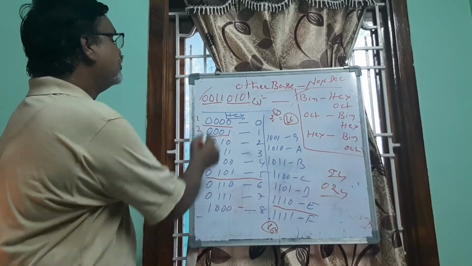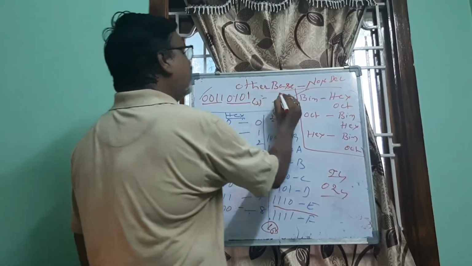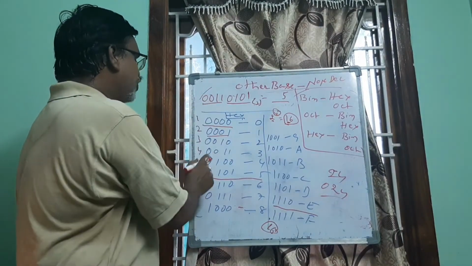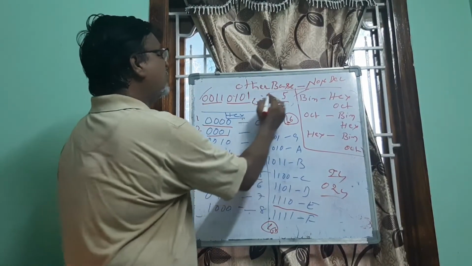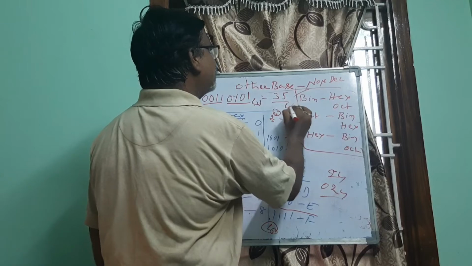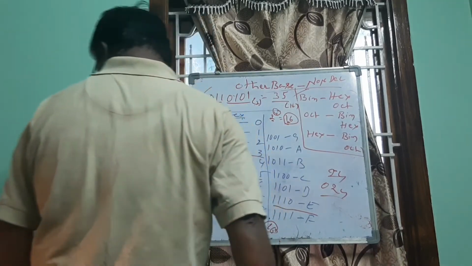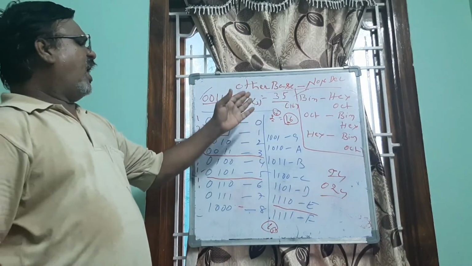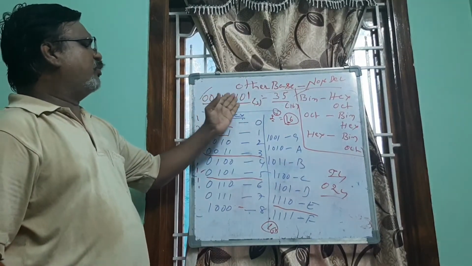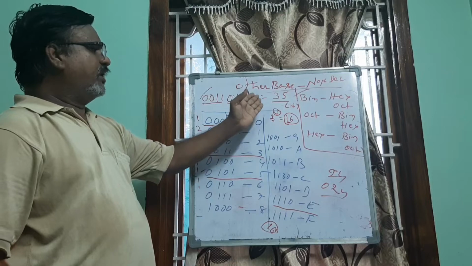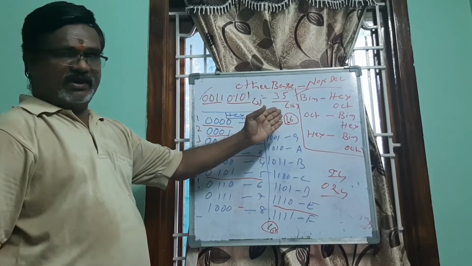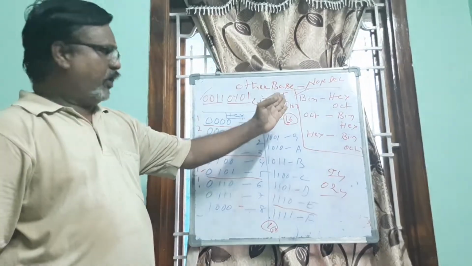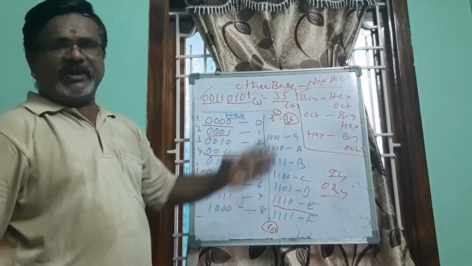Again you see, what is 0101? 0101 is 5, and 0011 is 3. So it is base 16. Here, whether the answer 110101 base 2 is equal to 35 base 16 is right or not, what you got, 35 base 16, is right or not.